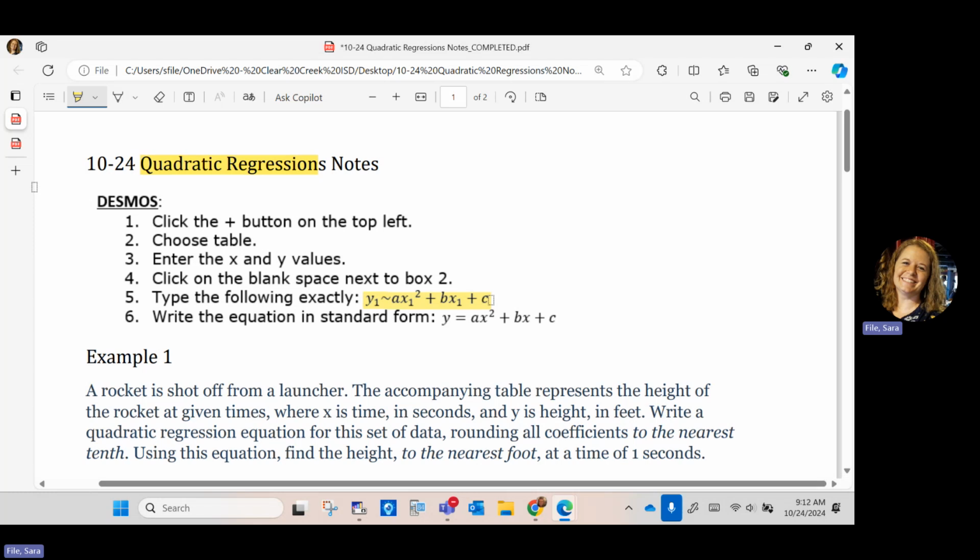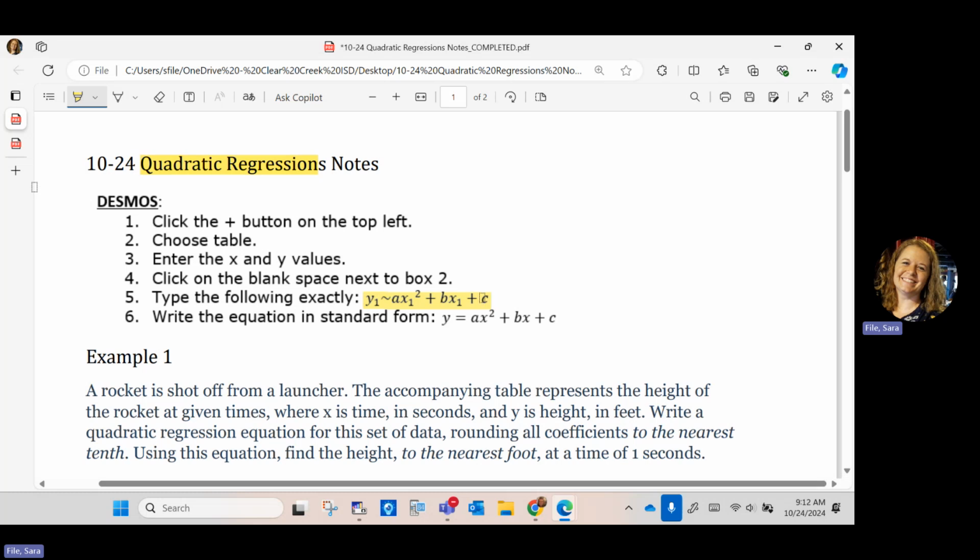For linear functions, when we were doing regression, once we had our data entered in the table, we did y1 tilde, that little squiggle line there, mx1 plus b. Do y'all remember that? Does that sound familiar? The only thing that's different is instead of mx plus b, which is linear, we're using ax squared plus bx plus c. But we still have to remember when we type in our x that we put that 1. We have to use y1 and x1. And remember, we have to use the tilde sign there, that little squiggle, instead of an equal sign